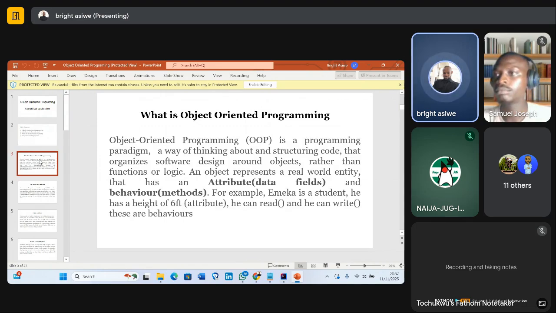So what is an object? An object is basically a real-world entity that has attributes, which are your data fields, and behaviors, which are methods. For example, Emeka is a student. He has a height of 6 feet. That height of 6 feet is the attribute, and he can read and can write. So that can read and can write is